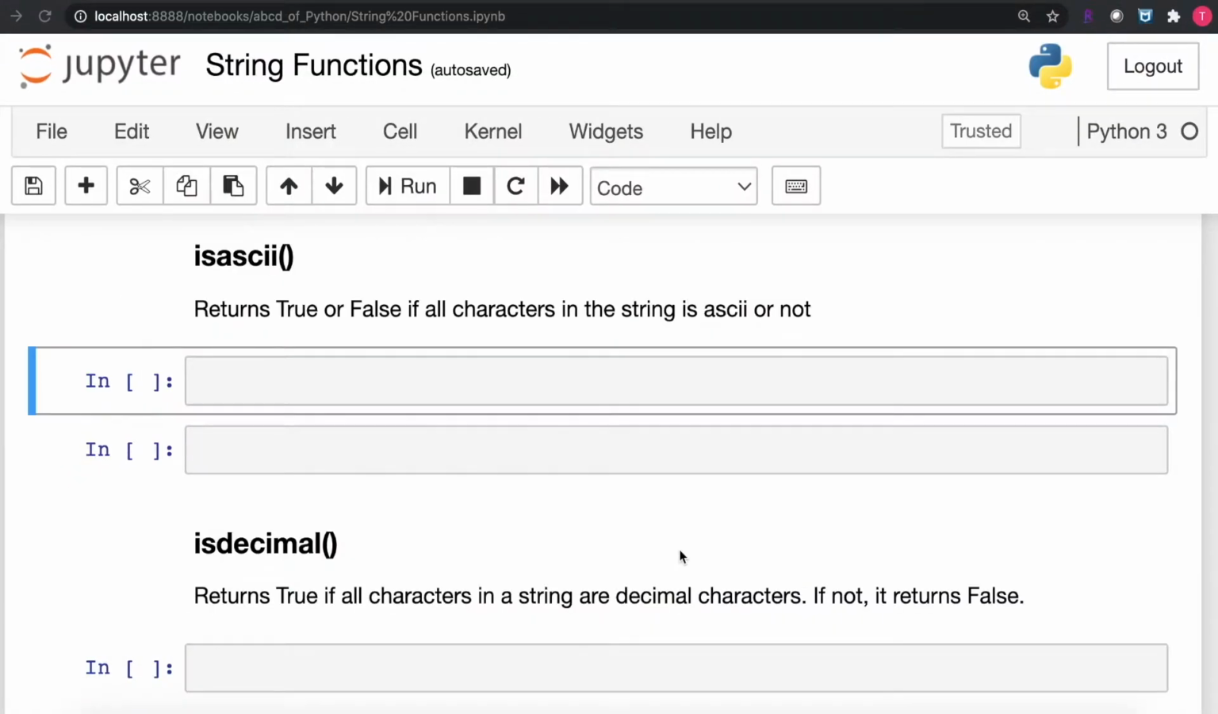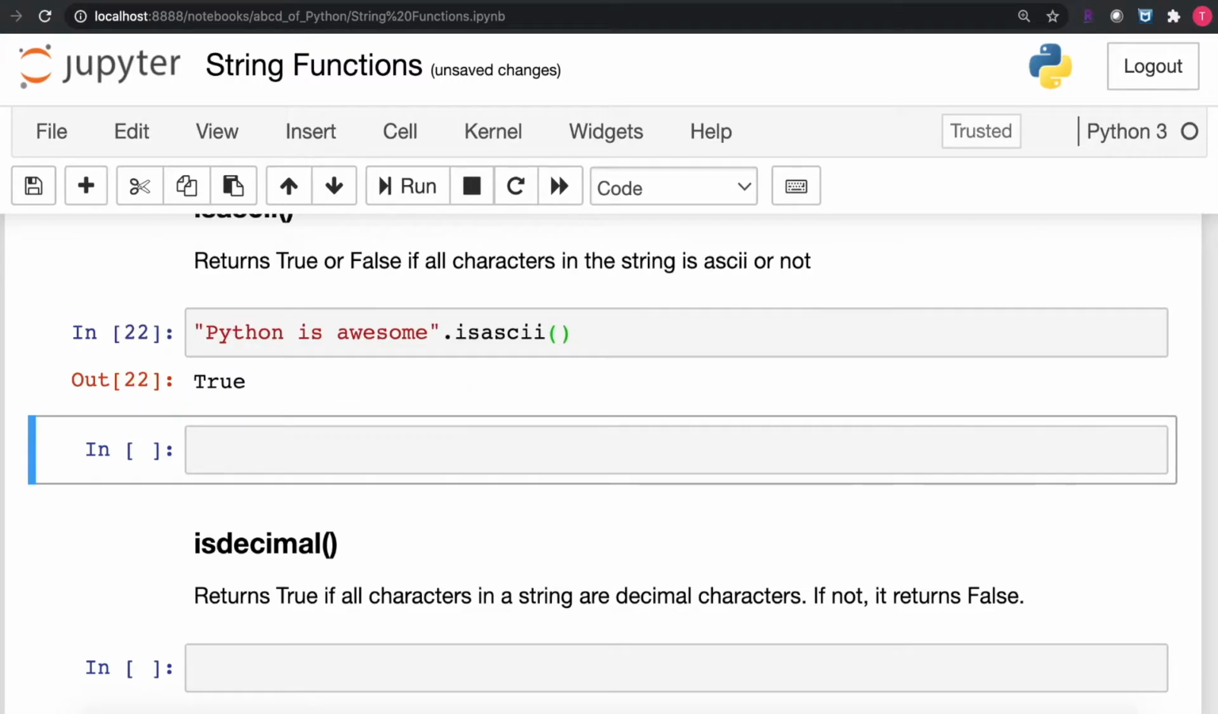So let's discuss now about the isascii string function. The isascii string function returns true if all characters in the string provided are ASCII characters, else it will return a false. So if we take an example of the string "Python is awesome" and apply the isascii string function and execute our code, it will return a true as all the characters available in the provided string are ASCII